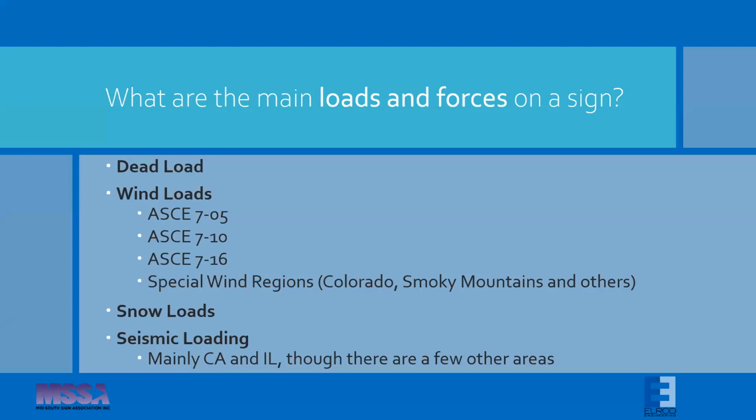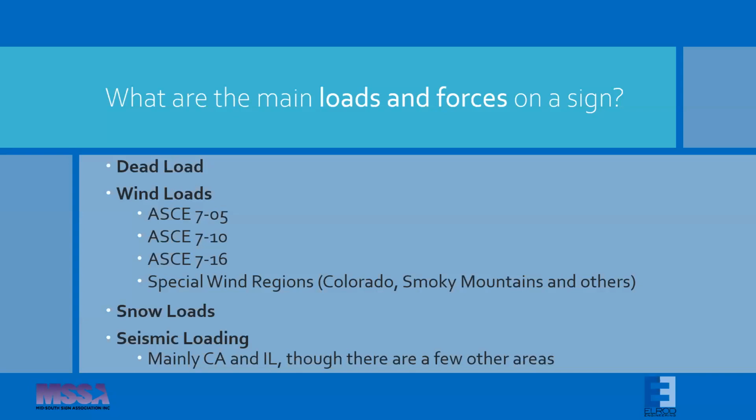Some of the live loads that need to be considered for sign structures, there are others that don't apply to sign structures, are wind, snow, and seismic loading. Wind load is simply the force that's applied to an object, in this case a sign, due to the wind, which pushes, pulls, and actually does both. Snow load is probably not going to be a factor unless your sign cabinet is wide and you get a lot of snow, or if you're looking at a project that is a canopy or an awning. And then seismic loading is, not